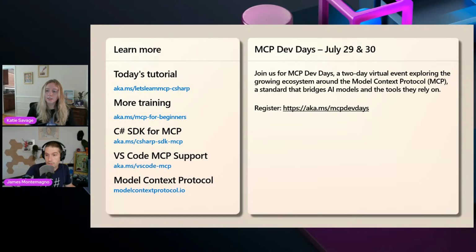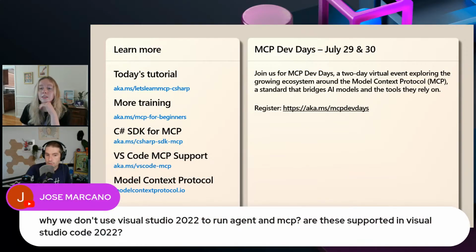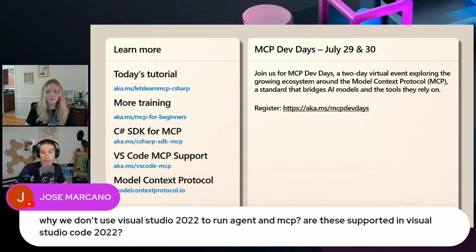Good question from Jose. Could you do this in Visual Studio? Exactly the same thing. In fact, in Visual Studio and VS Code, the mcp.json file can live in the .vs folder or the .vscode folder. It will look at both of them. It does not matter. And the same exact things that I showed today work exactly the same, 100%. We did it in VS Code because you might be developing on Linux, Mac, or Windows there. And additionally, VS Code has full support for prompts and resources, and VS is adding many of those features now.